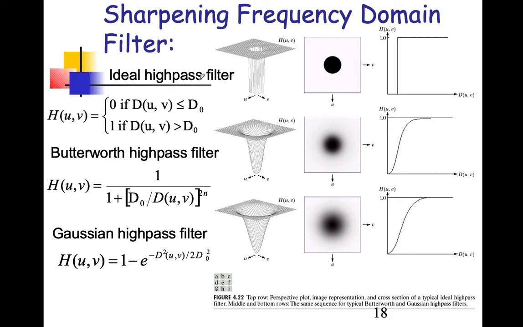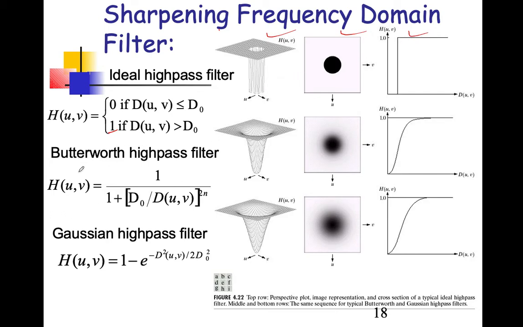Okay, high frequency domain. So, here you can see for your ideal high pass filter, h of u comma v equals 0 if d of u comma v is less than or equal to d naught, meaning d naught is greater than or equal to d of u comma v. Same way we will get a value of 1 if d of u comma v is greater than d naught. These three are the results or images of your high pass filter.